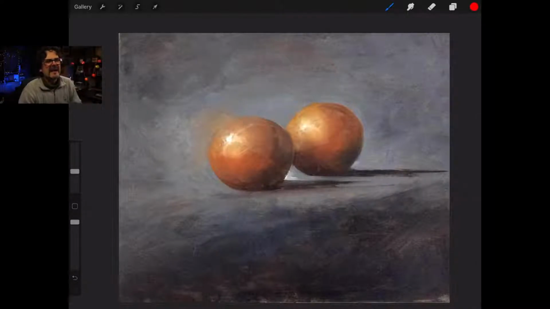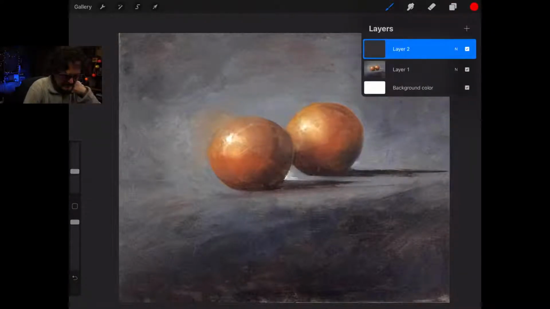For me, the background value is still a little bit much. I gotta be delicate with this because, well, let's try it. Let's see, right? Let's see.